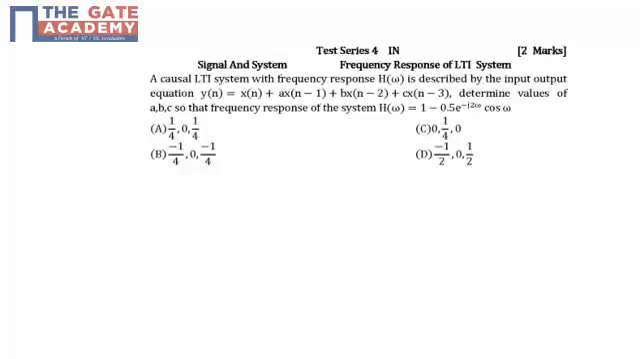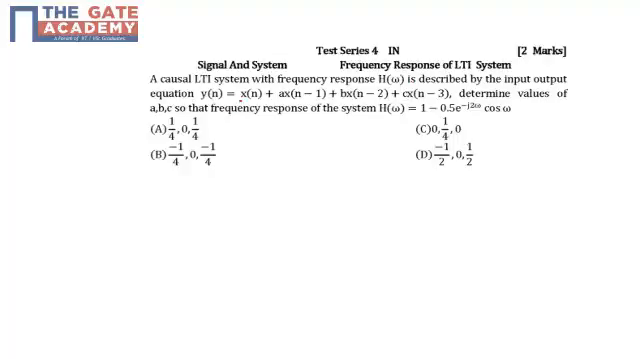Question is from test series 4, subject signals and system, topic frequency response of the LTI system, and the question is asked for 2 marks. Question is, a causal LTI system with frequency response H of omega is described by the input output equation, that